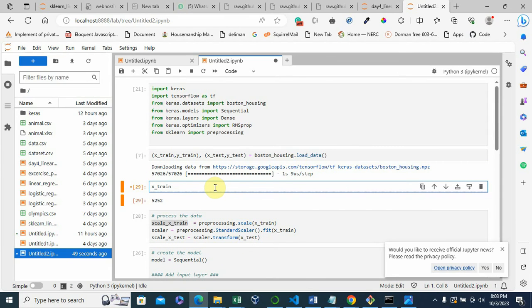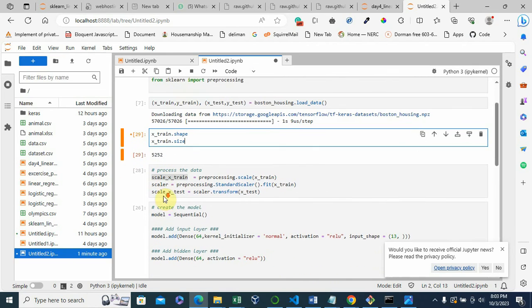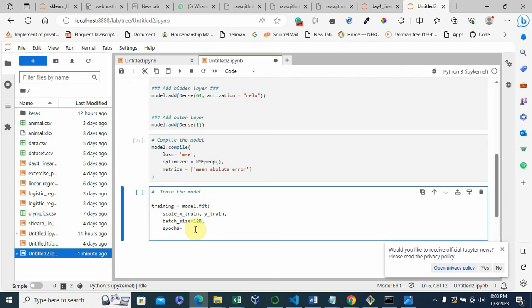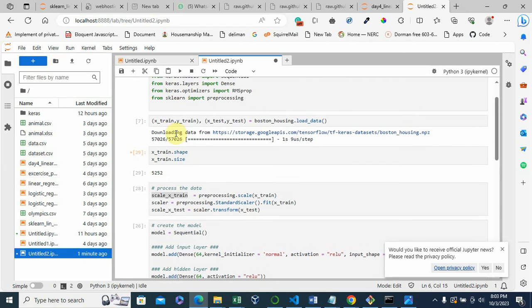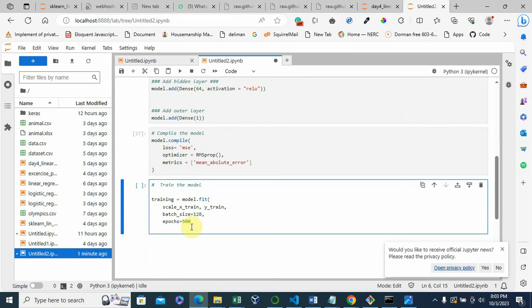But I don't want to bore us with all those basic things. So I can have this, the shape of x_train, and you can use the size to get the size of the data. You can then use that to dynamically calculate what should be your batch size or your epoch size. So if you define, in this case, 500, and the data is maybe 5,000, it's going to run like 500 times before it exhausts, using this batch size each time to learn.